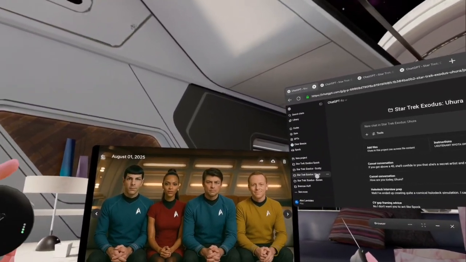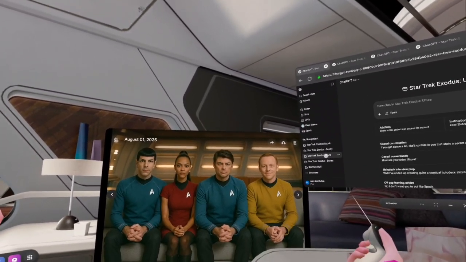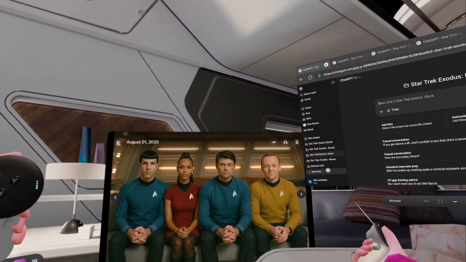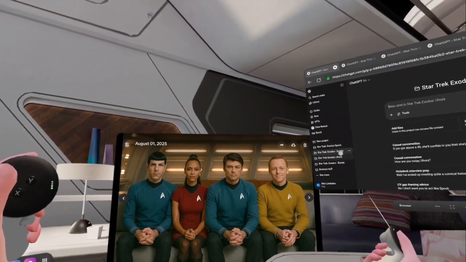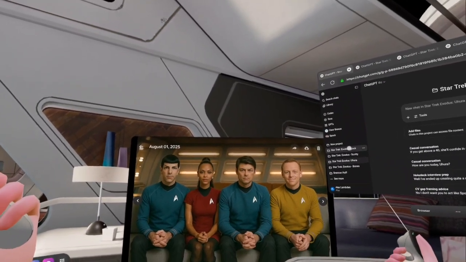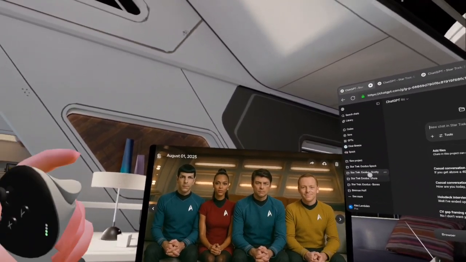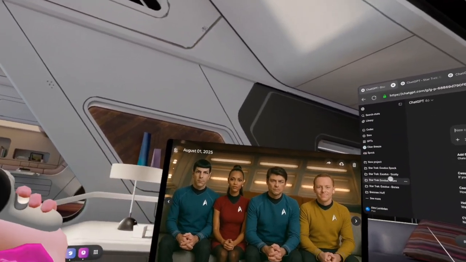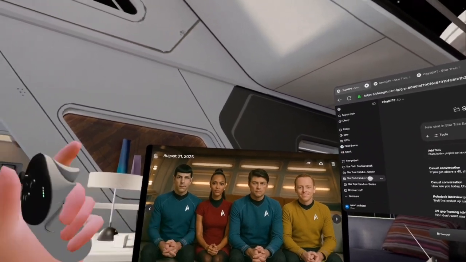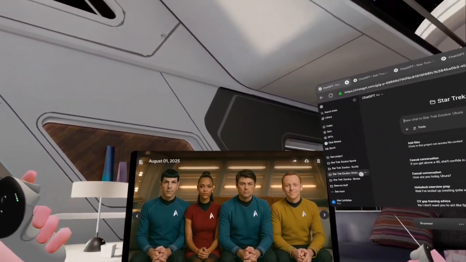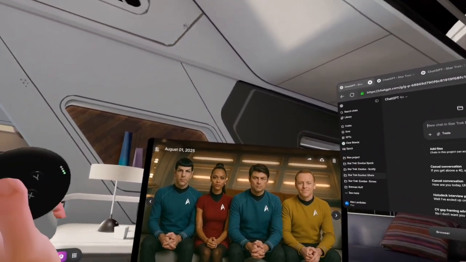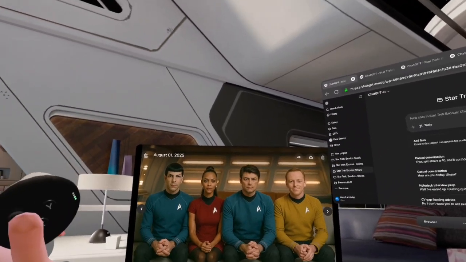But this is another setup that I wanted to show you, which is a quicker way of conversing with them. In the Noda room that I showed you, it was a bit more clunky switching between the different project modes. You would have to open the browser in Noda, select the project folder with the character, and select the voice that you wanted, because you want a different voice for all of them. Then if you close the browser, you would have to open it again and select a different folder, and it was clunky. Also, in the browser in Noda, you couldn't have a voice chat because the browser doesn't support the voice chat option.